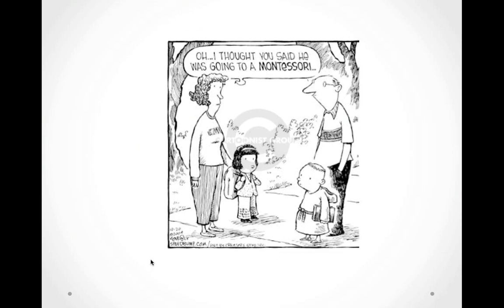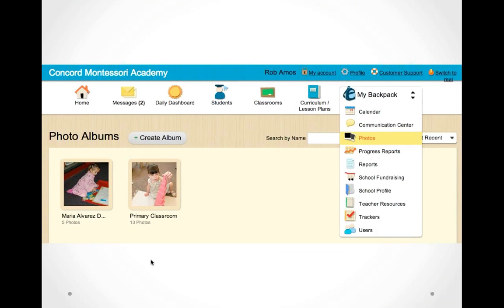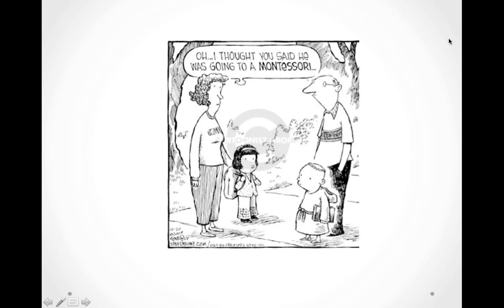Moving forward. Here's another one of our cartoons here. Oh, I thought you said he was going to a Montessori. That's a Montessori, I believe. Montessori. All right. Tim, did you want to do any questions or do you want to keep going? I think that everyone needs a break. And by the way, it takes a brave... Would you guys mute yourselves? Yeah. It takes a brave parent to send a child to a Montessori school. That's what every one of them says to me.